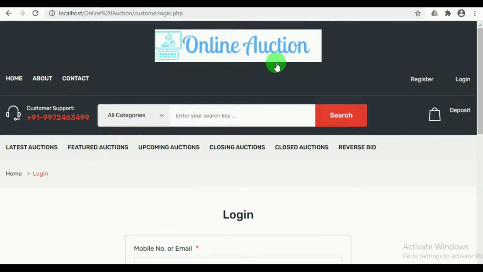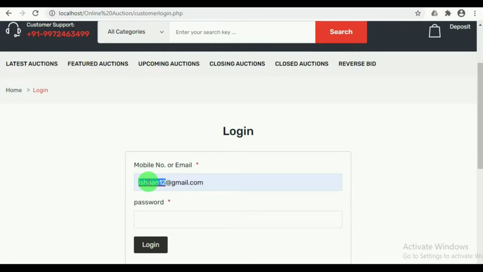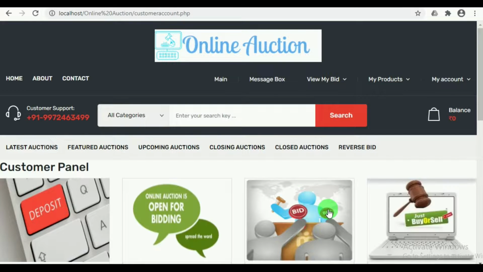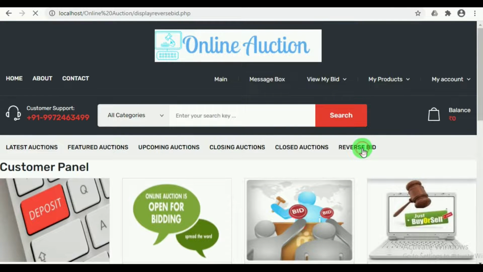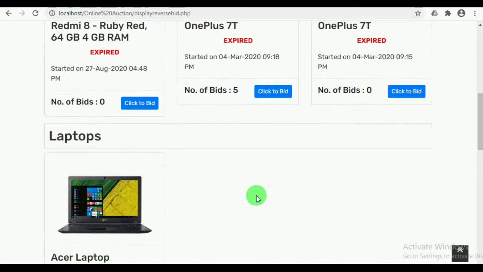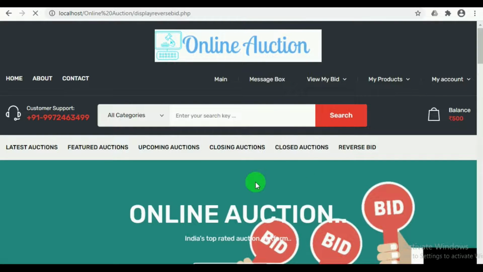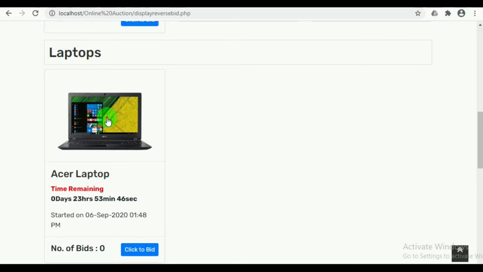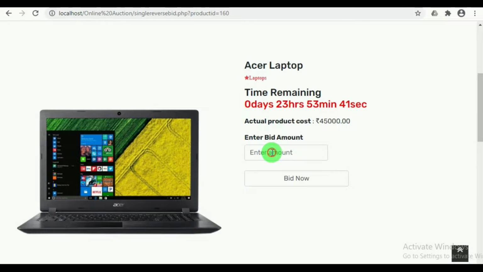And now let us log in as customer to bid for the reverse bid. The customer must mention their email ID and password. In reverse bid, the customer can view the various products which are put for auction under reverse bid. On clicking on the product, the customer can bid for the product.